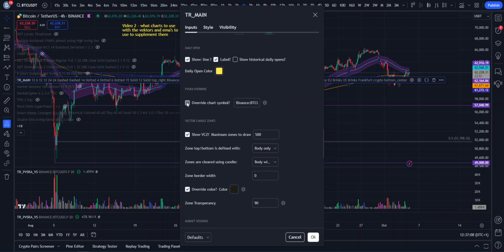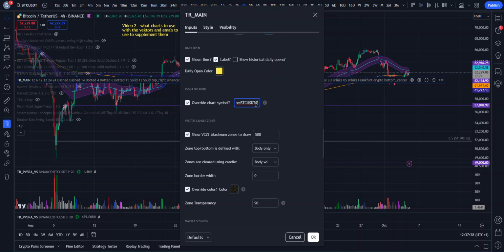the current chart with the Binance. The best one to override any chart with is the Binance BTC USDT.P. Obviously we're tracking volume. Binance as an exchange is the biggest exchange and has the volume that backs it, so it's good to track that. After Binance, I think Bybit is the second, but you do get disparity between Binance and Bybit on